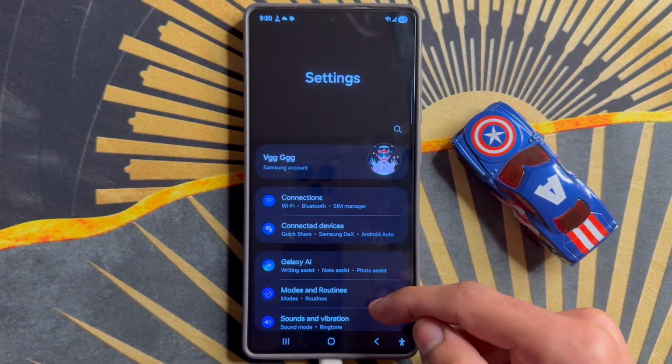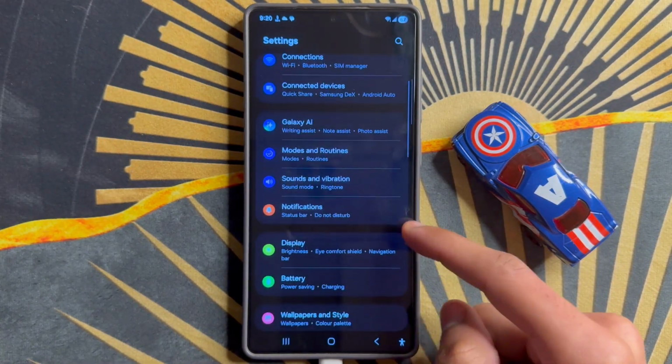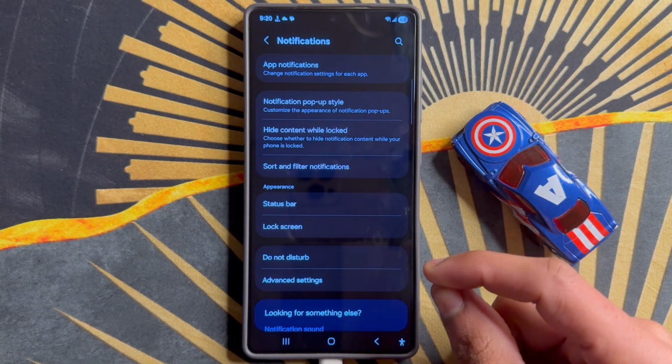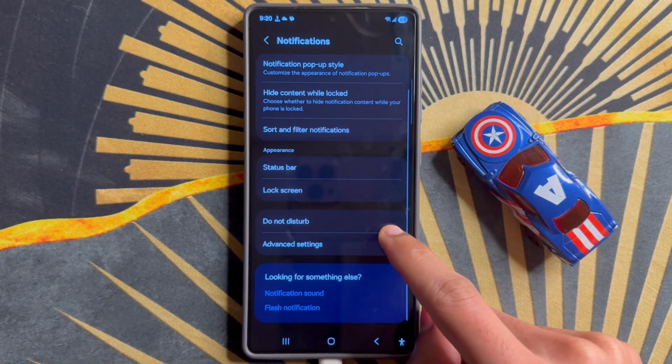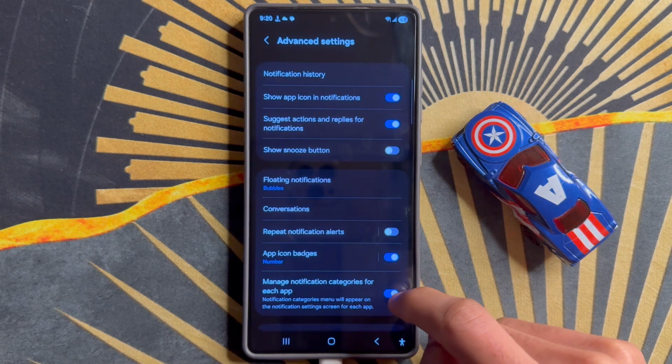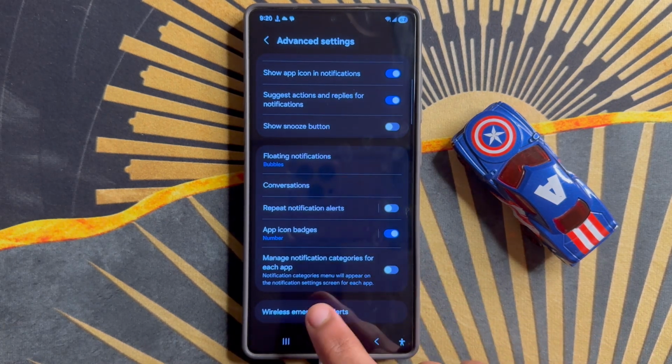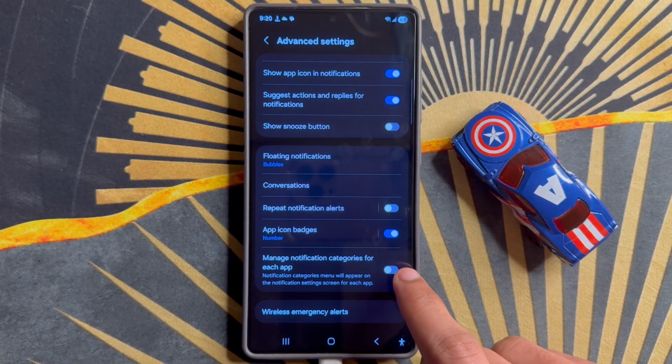Now in Settings, scroll down and click on Notifications. After clicking on Notifications, scroll down and click on Advanced Settings. After clicking on Advanced Settings, scroll down and you will see the Turn on Many Notification categories for each app